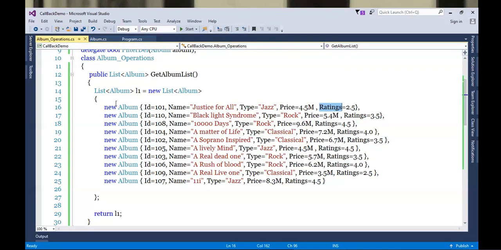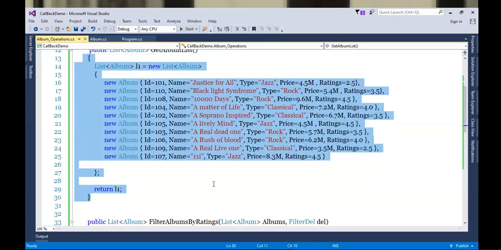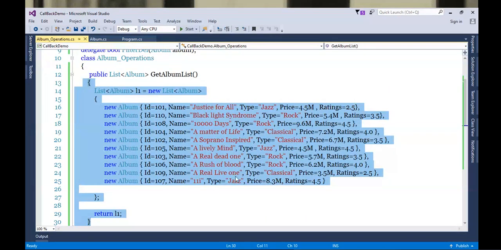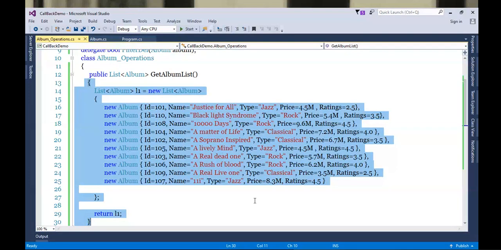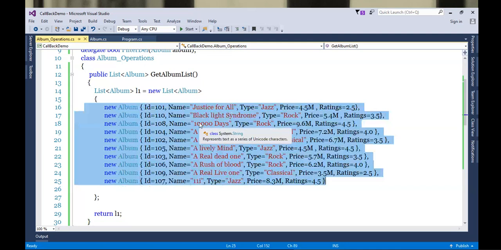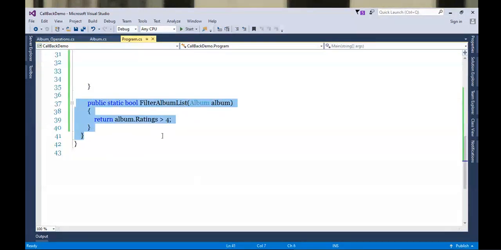So what I've done, first I prepared a list of albums. Since we don't have any database or all functionalities available, I directly did hard coding here. So I took a list of albums here. Then to filter out, I wrote a method, which is this one.